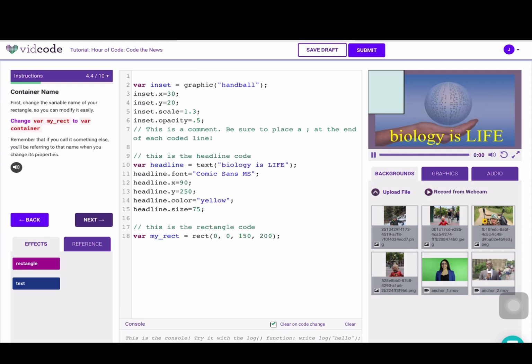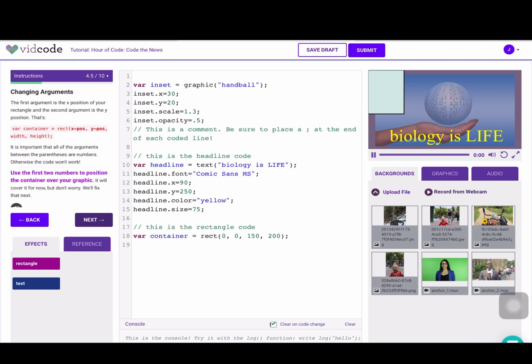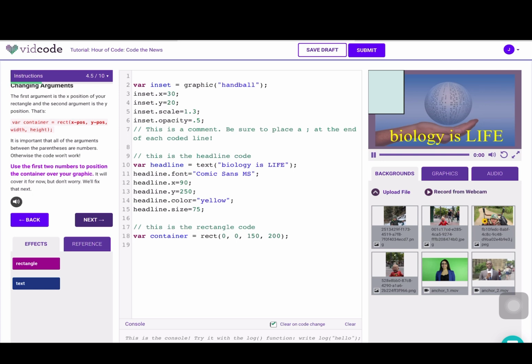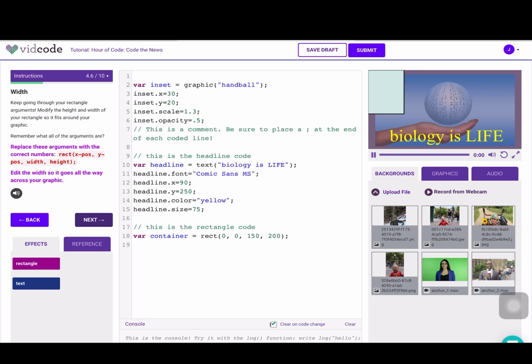encouraged to write comments with a double forward slash, and that is so that you can make your code readable, because it really does look like a foreign language. So putting some comments to explain what the next section is about is very helpful in coding. So here we are defining the variable again, right at the very top of this section, variable of a container. So the word container